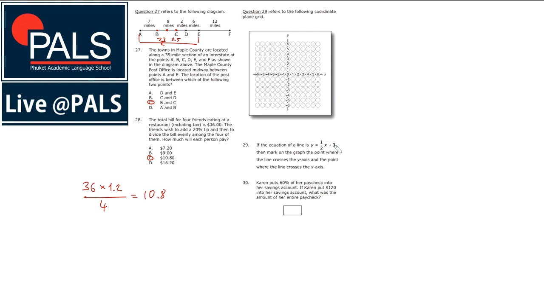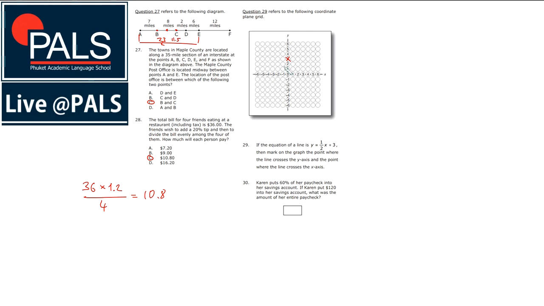Okay, so this is very straightforward. And the point where the line crosses the x-axis. So we know that the y-intercept, so this is the first one, the y-intercept is 3. Now that's what this part is of the equation. So the y-intercept is where the line crosses the y-axis,